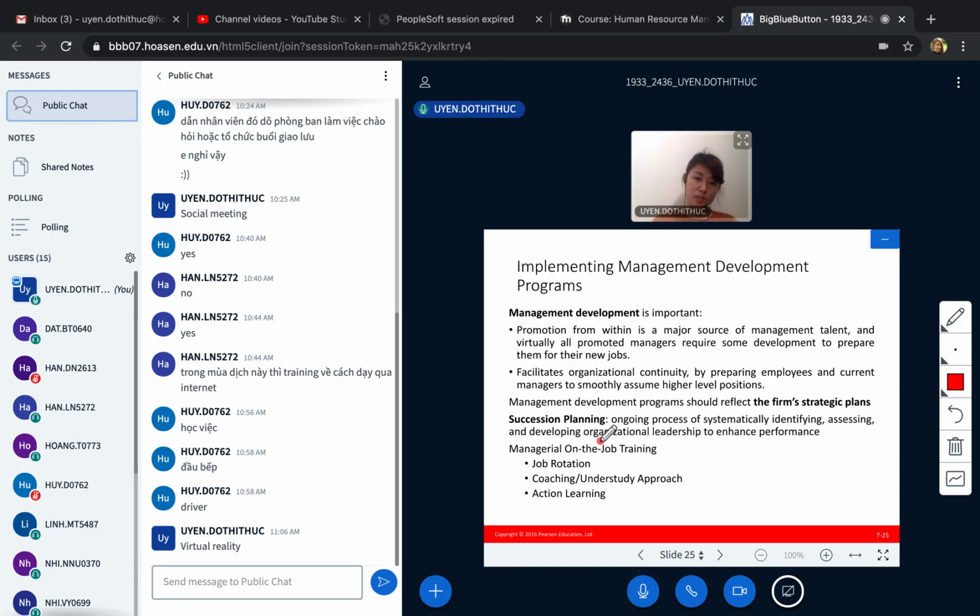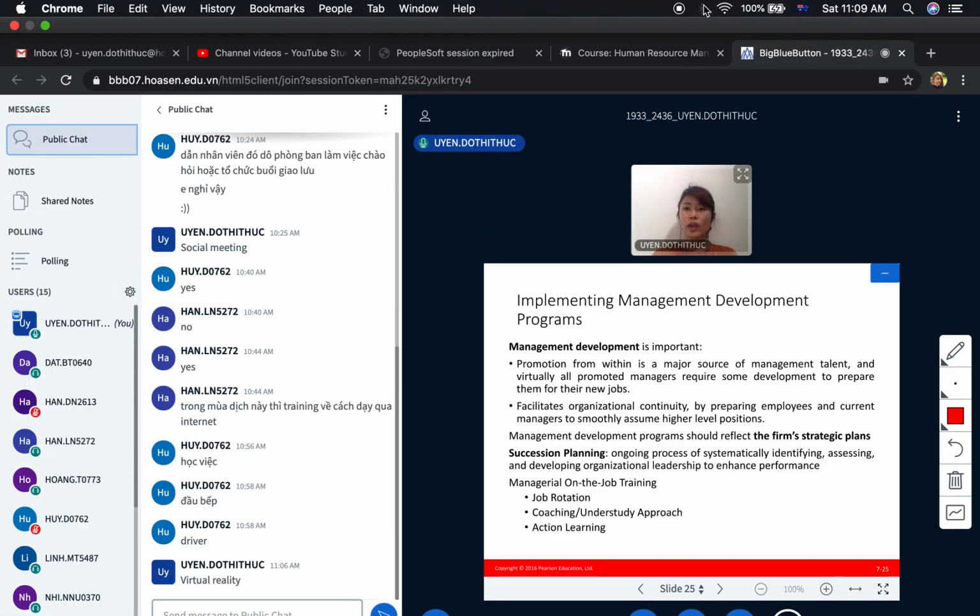This part is about management development. So we can take back about